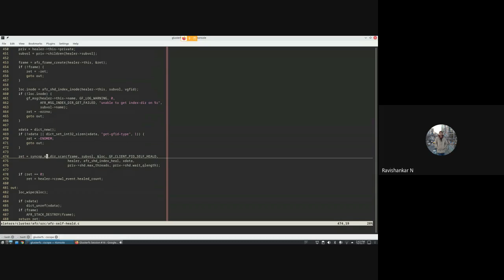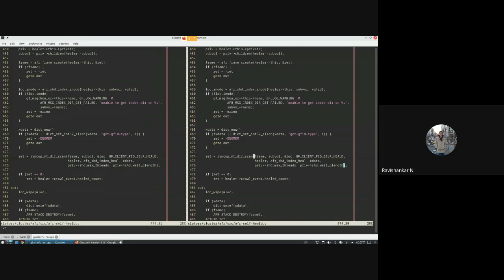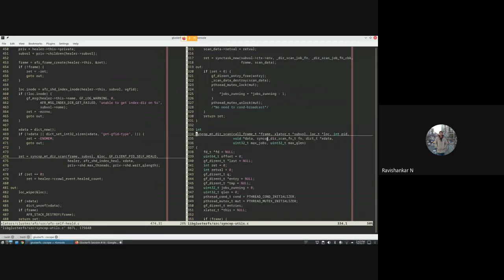This is also very similar to that NFTW function we saw in the full heal. Basically, it does the scan of this index folder, and for every entry, it will call this AFR SHD index heal. Anyway, let us go to the syncop mt dir scan function and confirm.